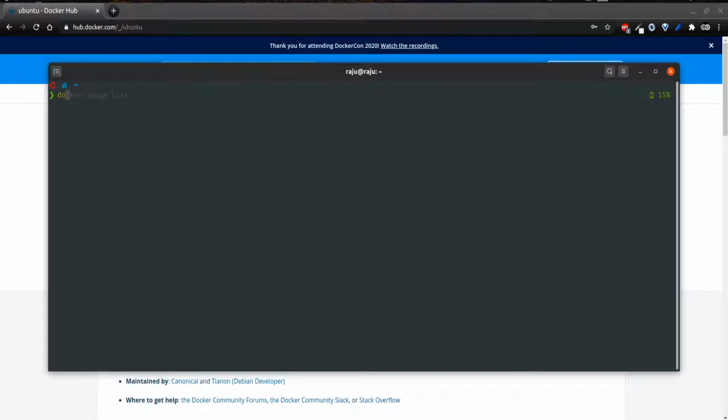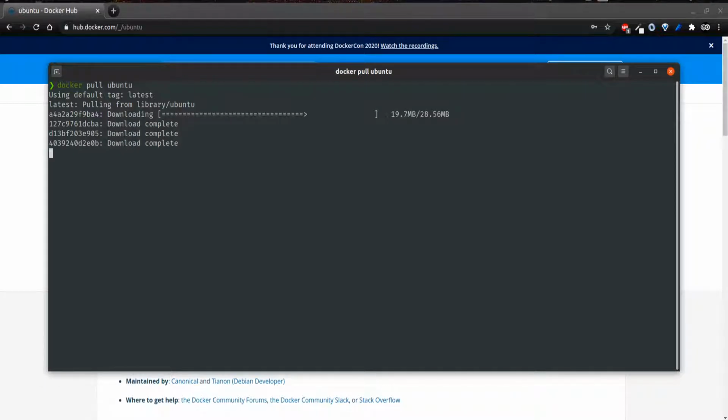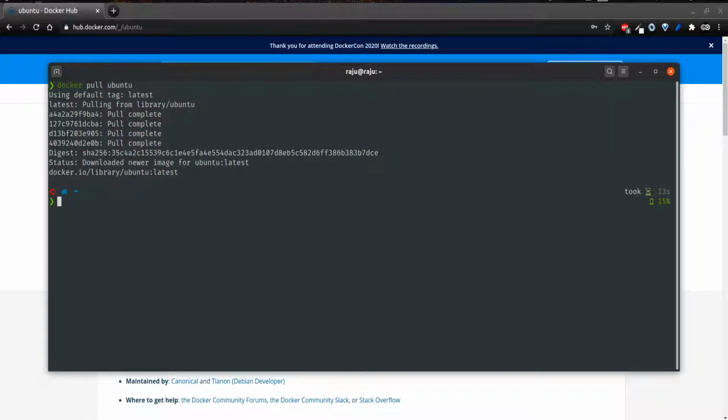So now what I'm going to do is docker pull ubuntu. This will pull the Ubuntu image from docker hub. It's going to take a few seconds, or minutes depending on your internet connection. Okay, so it's done. So if I type uname minus a, it is running in my system, that is